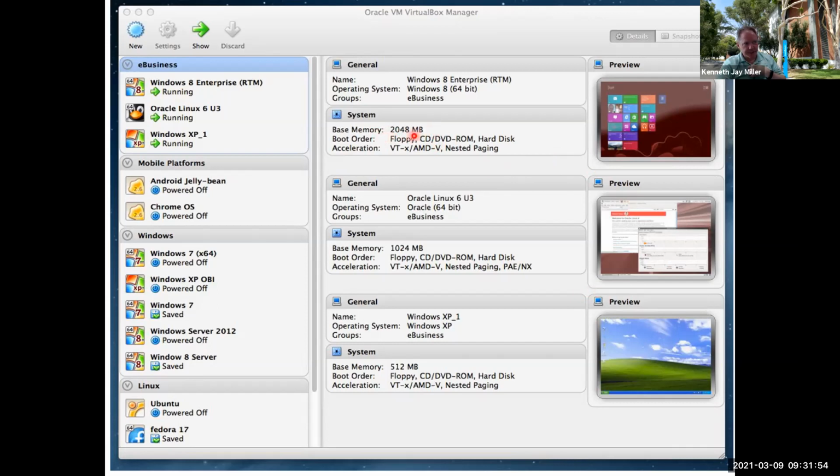It only has 2 gigs of RAM, and different systems may have even less than that. So Oracle Linux only has 1 gig of RAM. Windows XP only has 512 megs of RAM. So some of these older systems don't need a lot of juice, but we can support all of this